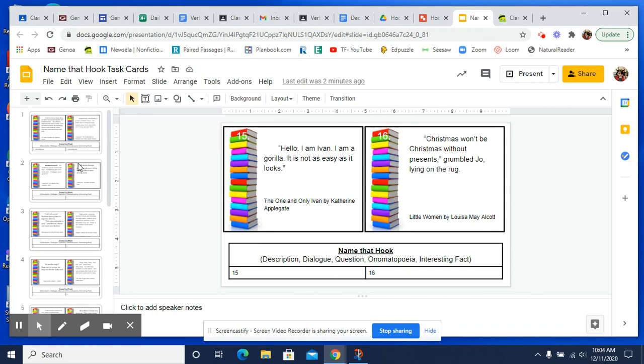If you don't finish the hook today, that's okay because on Monday's virtual assignment, it's going to be finish your hook and then continue working on your narrative. And all next week, that's what you're going to be doing, working on your narrative. So just keep working at it,